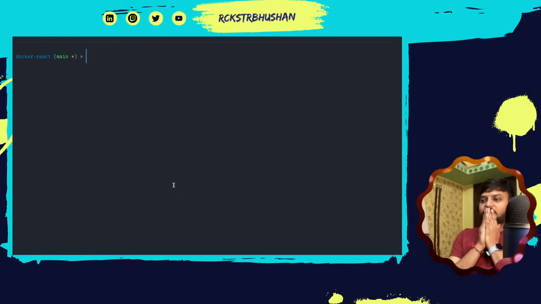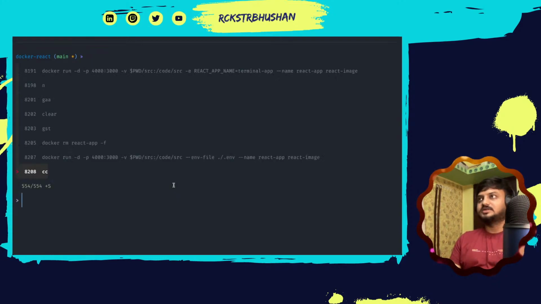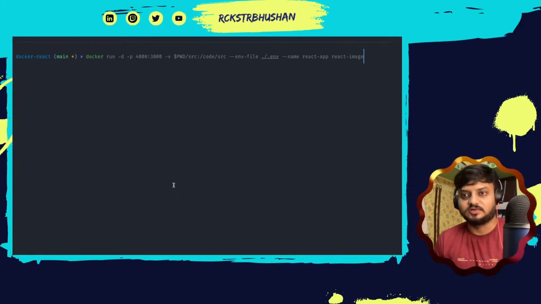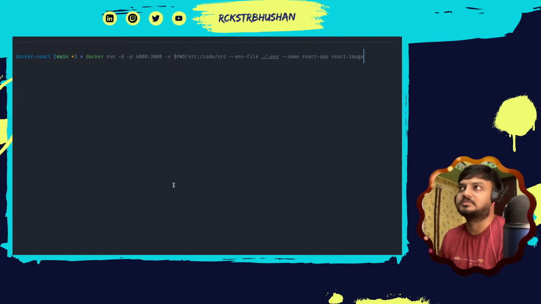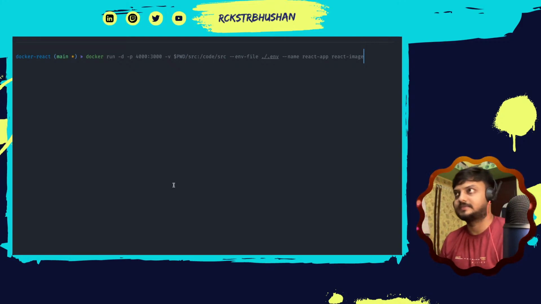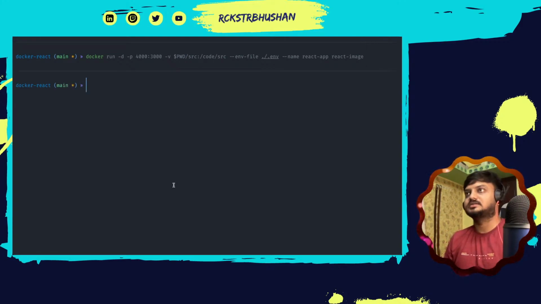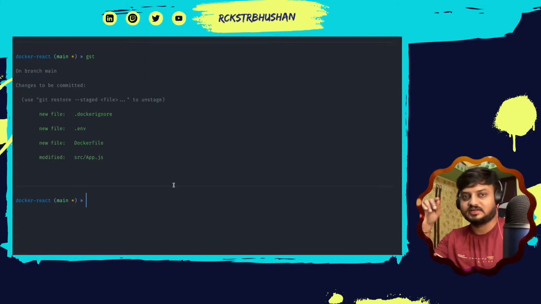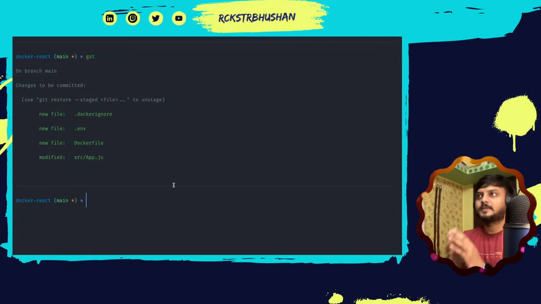Yeah. So now, obviously, you can see here this command is getting bigger and bigger with the things, right? Which is not easy to remember. And why should we remember, right? It is a little bit hectic to type all these things again and again. So for this reason, we have this tool called Docker Compose, right? This Docker Compose tool, what it does is it actually